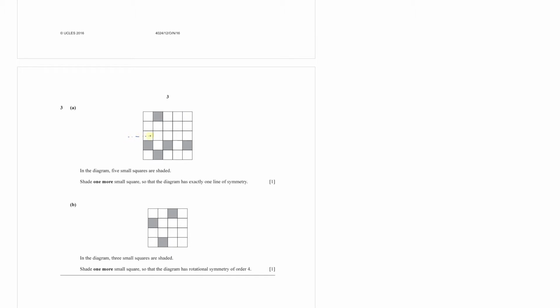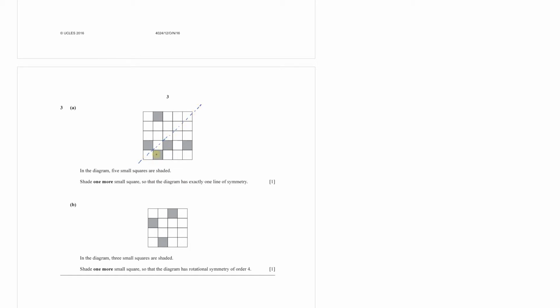So this could be another line of symmetry. But then again, if this box is shaded, you have to shade this one. If this is shaded, you have to shade this one. If this is shaded, you have to shade this one. So you have to shade more than one smaller box. So if we look at this line of symmetry here,